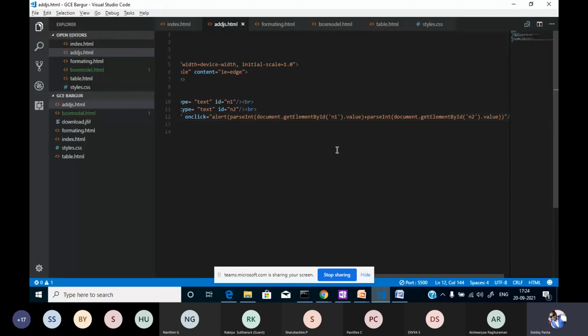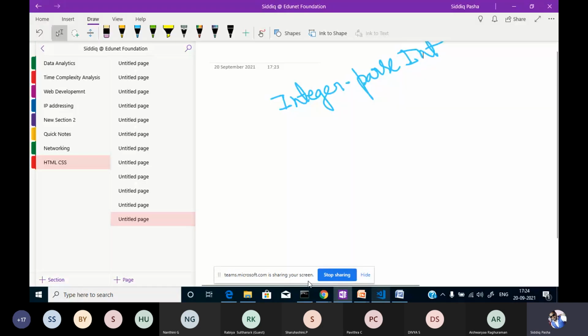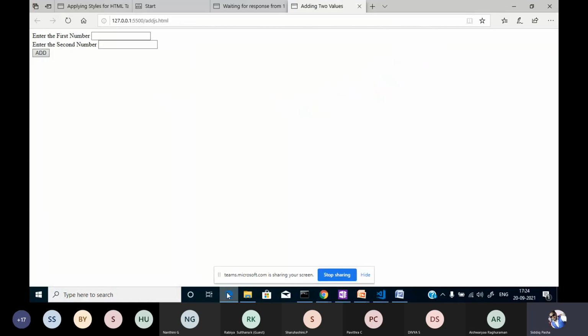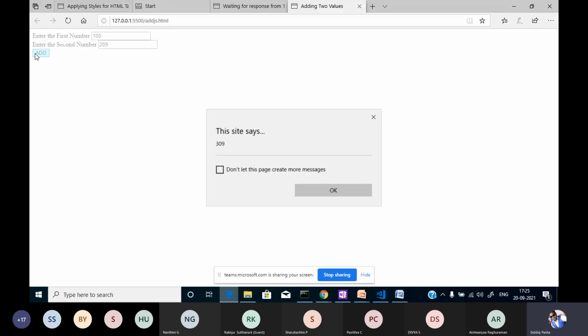So let me check it out now. Run it. It's fine. I'm giving the values 10 and 20, so I'm adding. Perfect, right? Now see, the output came: 10 plus 20 is 30. If we give any value over here, it will be added. So 100 and some other value, 209. That is now displaying. Is it okay, students?